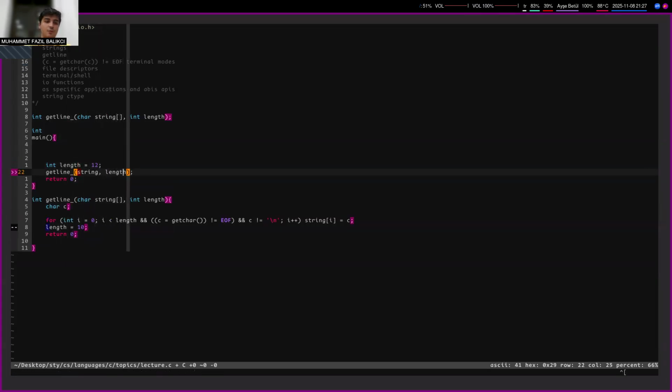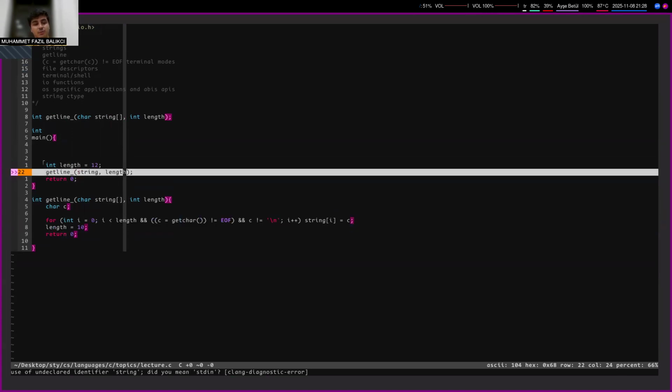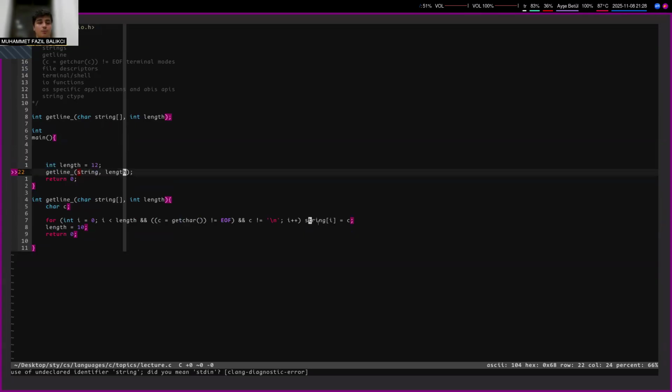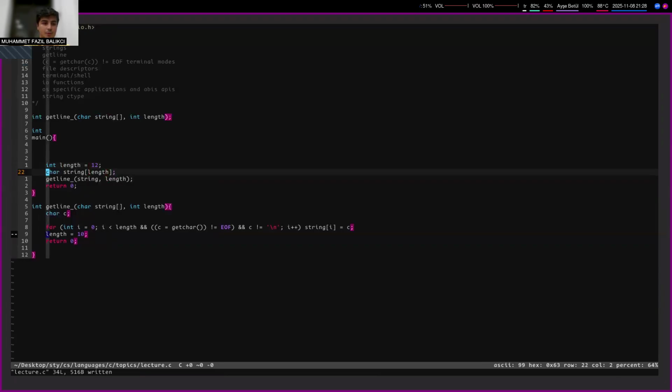If you were to change the content of length, the value of length inside of the function, it would not affect the actual length variable inside the main function. But in the case of the string, which let's define right over here, it would affect that. It would affect the content of this